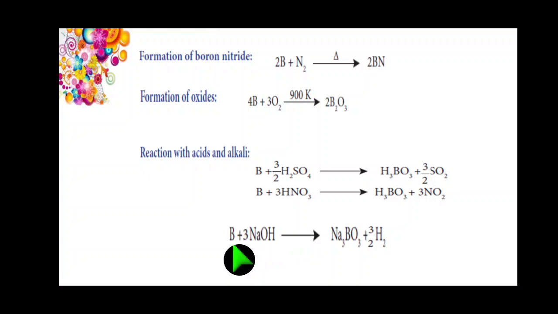The last equation, boron reacts with the sodium hydroxide. Sodium suffix 3, in sodium borate we can find it. So 3 NaOH. Hydrogen, totally 3 hydrogen, left side. So right side make it 3, 3 by 2, the 2 cancels, 3 hydrogen. Oxygen left side 3, right side also 3. Sodium right side 3, left side also 3. Then boron left side 1, right side 1.